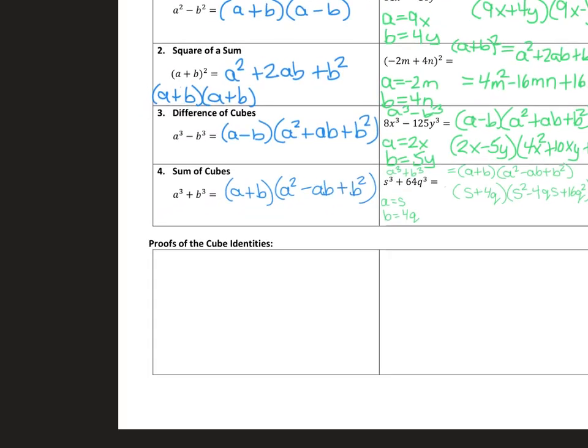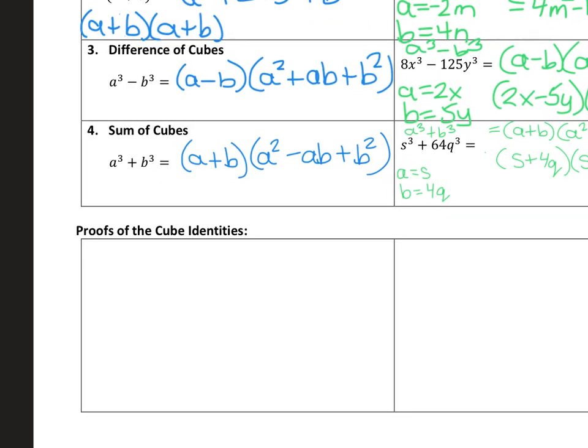All right, so real quick on the proofs, I'll do the difference first. So I'll first say that this is the difference. All right, so let's just do our multiplication and see where the cancellation leads us. So we have a minus b times a squared plus ab plus b squared. I'm going to do all of that distribution. So a times a squared, and then a times this term, and a times the b squared,